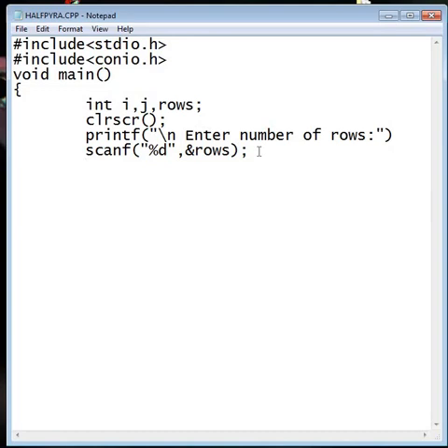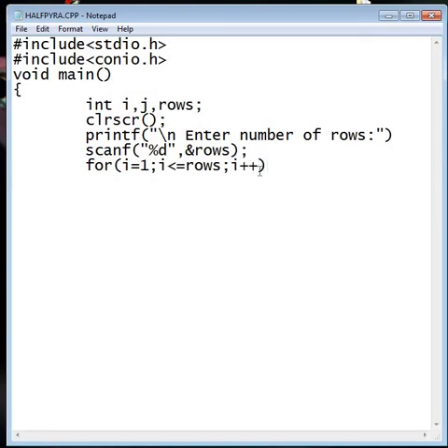Suppose I have entered 5. You can enter a different number also. Depending on the rows, your structure will be created. So first I am going to initialize the first for loop: for, and the loop variable is i equal to 1, and i less than or equal to rows, and i plus plus.